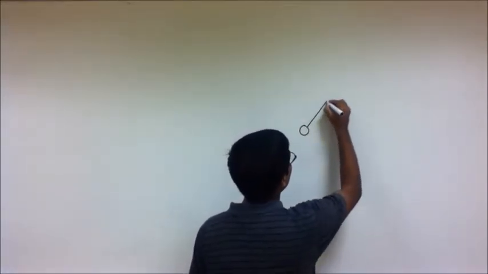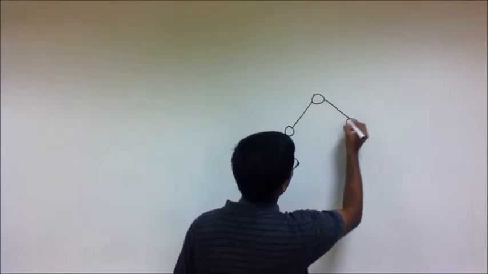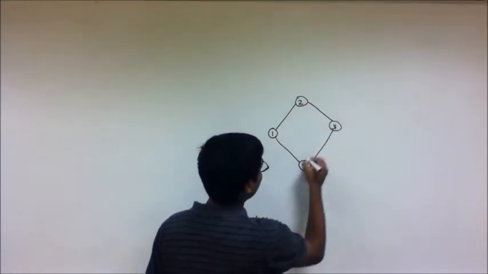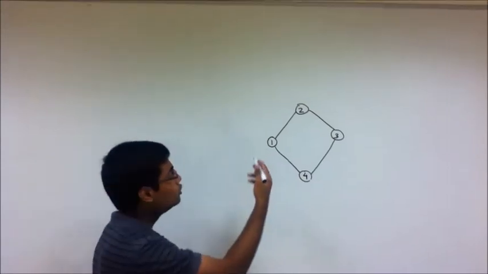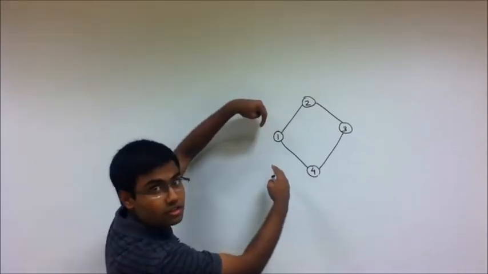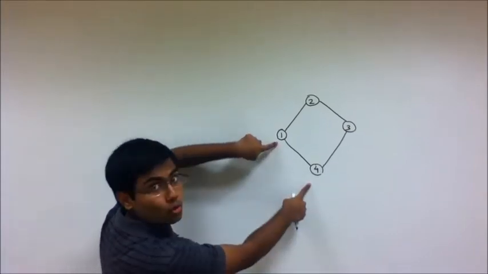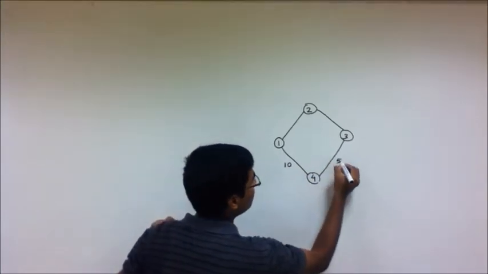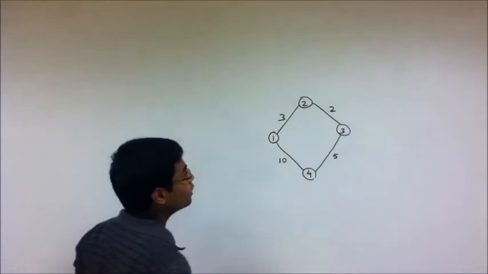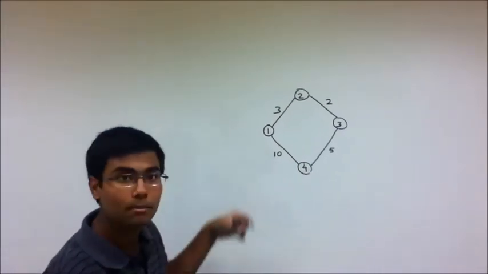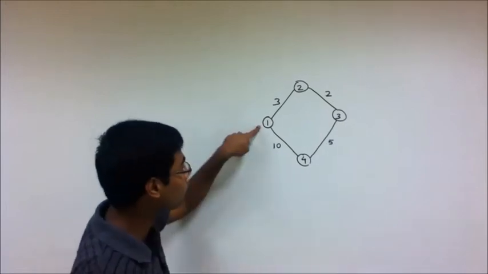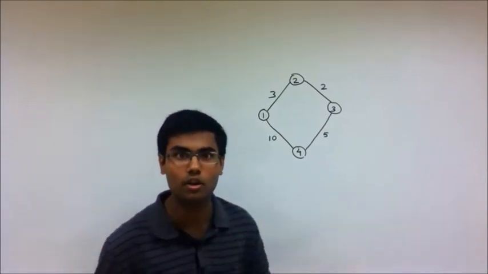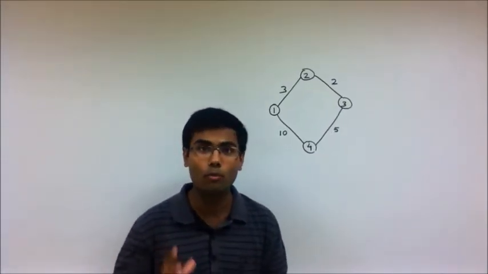Suppose this is a graph. These circles that you see in the graph are the nodes. Nodes are basically the intersection of edges. The lines connecting nodes are called the edges, and each edge has a certain number written on it. Say this is 10, this is 5, 2 and 3. So basically what this number represents is the amount of resource a robo consumes in going from one node to the other. I suppose these are the terms that we need to know and they should help us a lot in the algorithm. Now let's look at the problem statement itself.